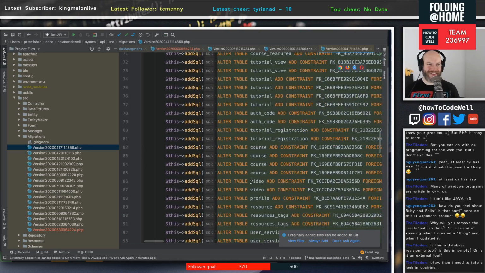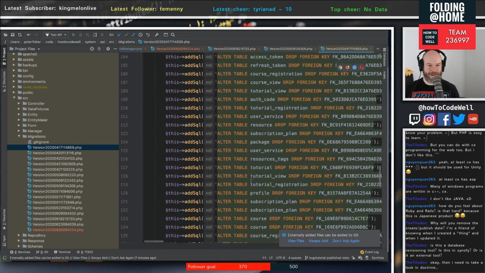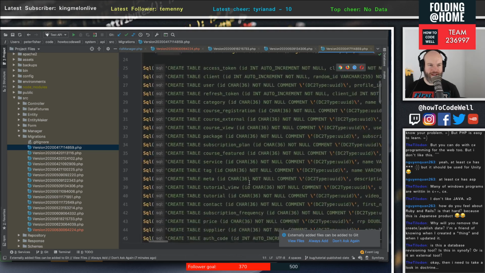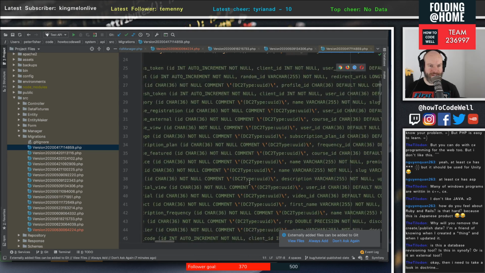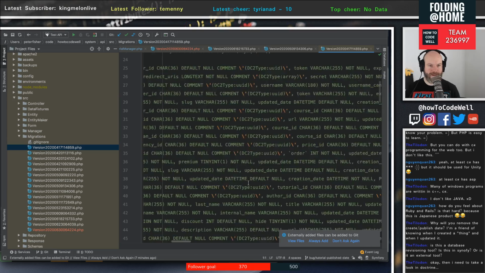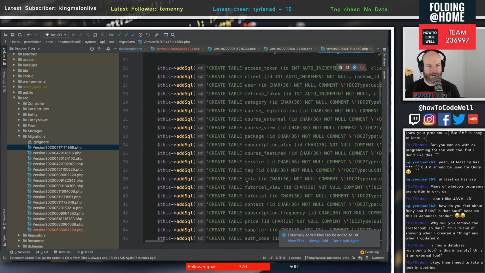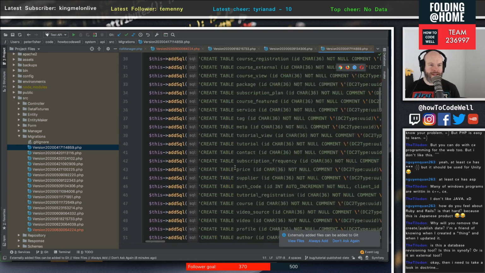So this is the first ever migration, and it's pretty big because I built all the entities, and then I did a migrations diff, and of course I didn't have a database, so it went, oh, you don't have any of this, so we'll create you a migrations file, and every line is a SQL statement, and then what happens is